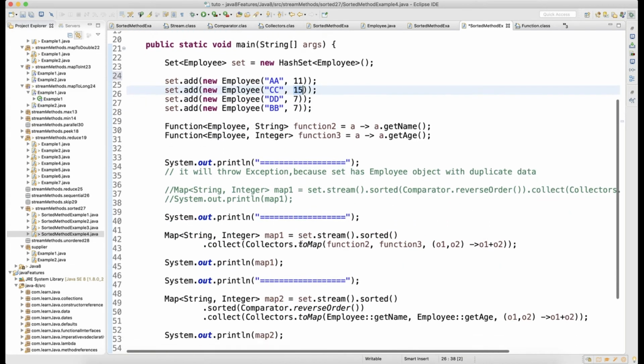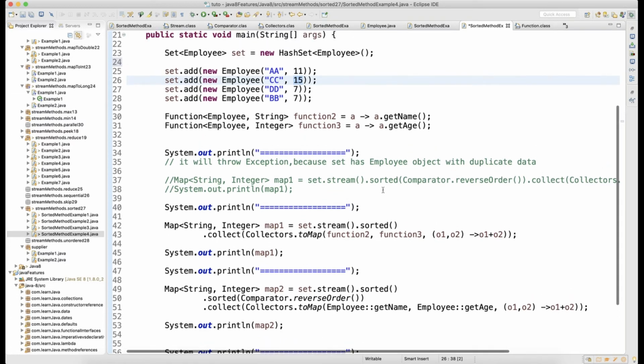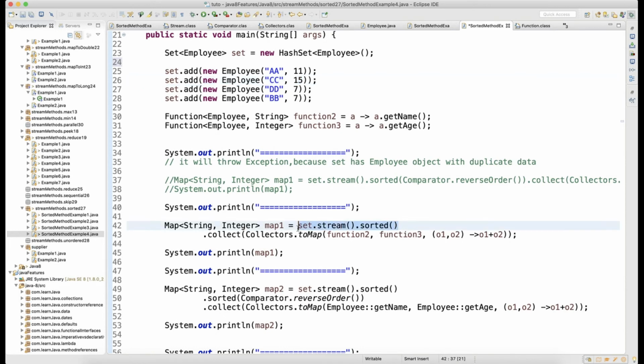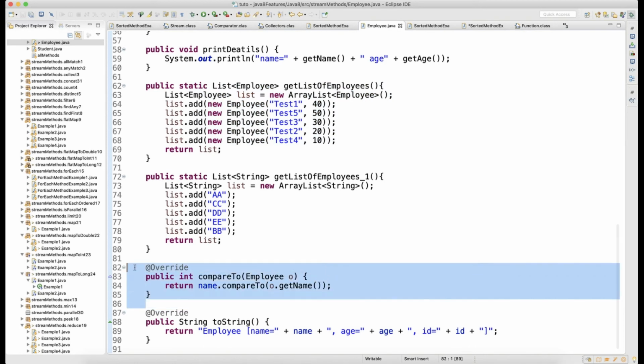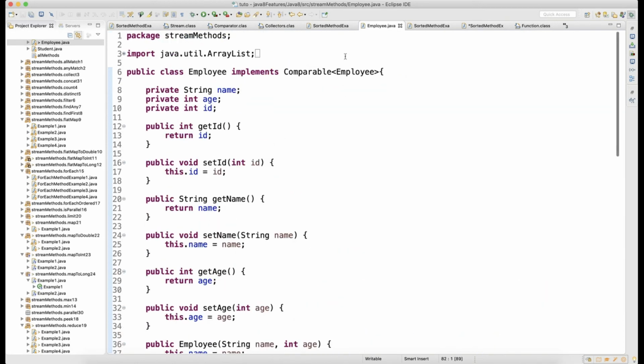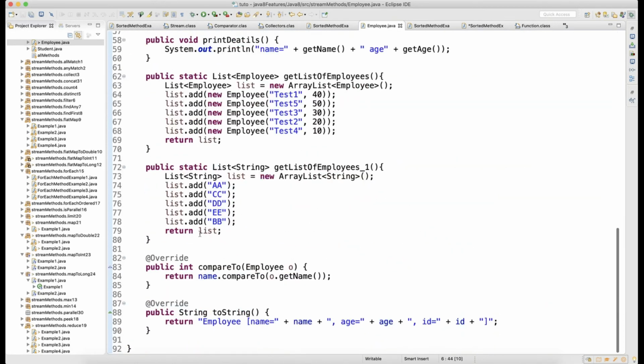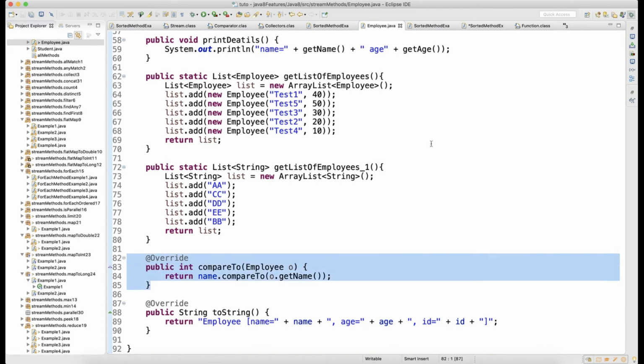So what I'm trying to do here is again the same set dot stream dot sorted. I'm doing that sorting, so it will get sorted based on name, because you know that my Employee class implements Comparable, so it has an implementation of compareTo, and it will sort based on the name.